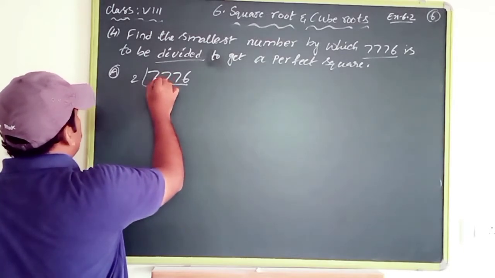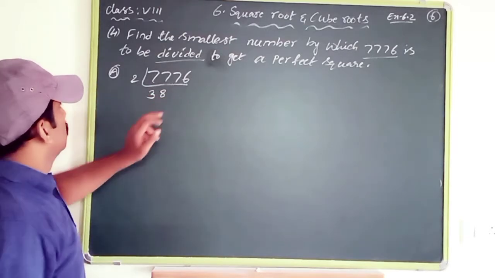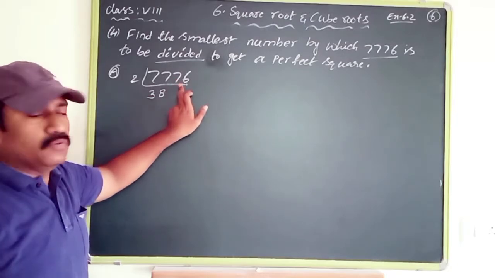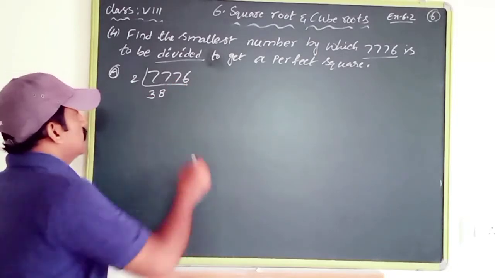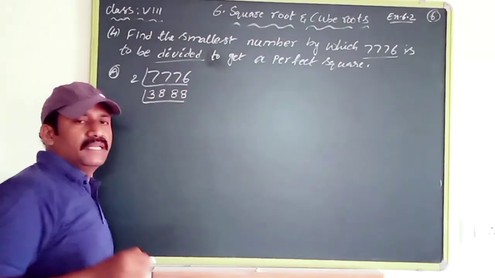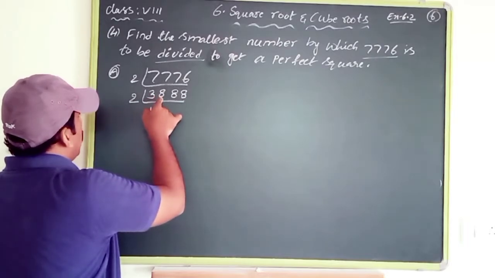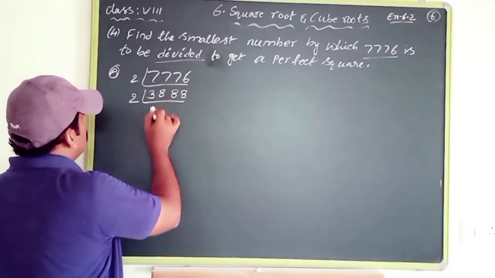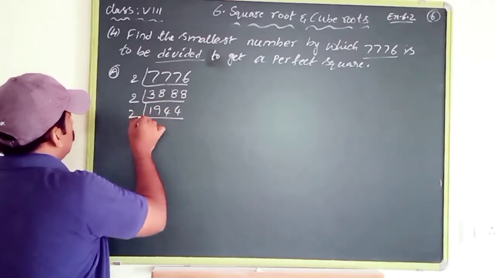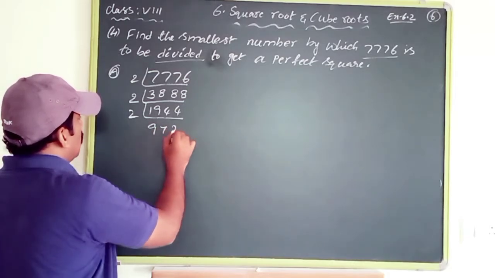Two 3s are 6, carry 1. Two 8s are 16, plus the carried 1 makes 17. Two 8s are 16, so the last number is 8. That is an even number, so divisible by 2. Again take the 2 table: 2 9s are 18, 2 4s are 8, 2 7s are 14 and 2 2s are 4.